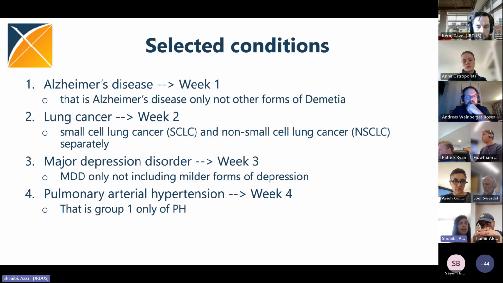And for pulmonary arterial hypertension, since pulmonary hypertension itself is really an umbrella term that covers 5 different diseases, based on the WHO, that are distinct of each other, we're going to focus on pulmonary arterial hypertension, which is group 1 under PH. So we're being very specific. For the sake of documentation and maybe publishing our work, we will provide a 1-line or 2-line definition to be very specific on what we mean clinically by these definitions, since this is one area of confusion and one area